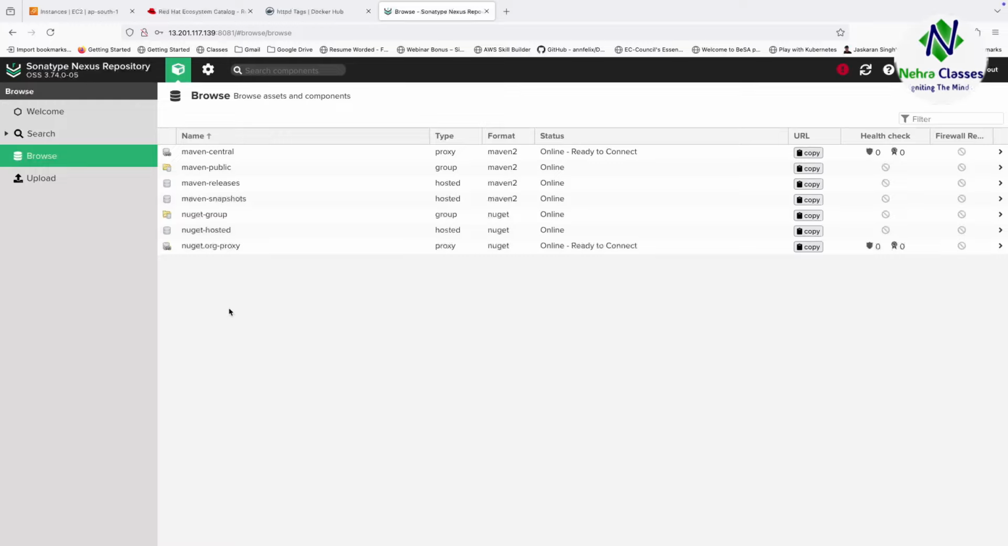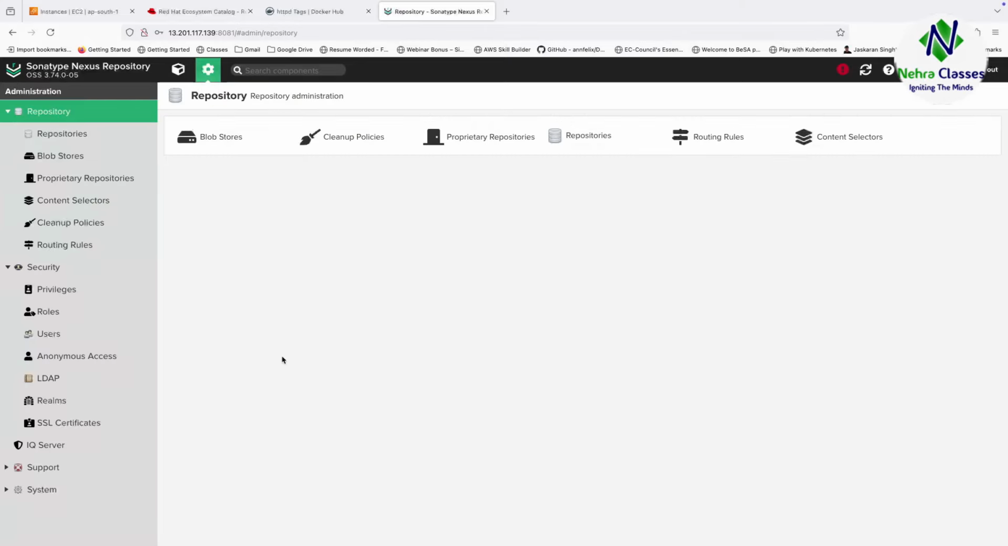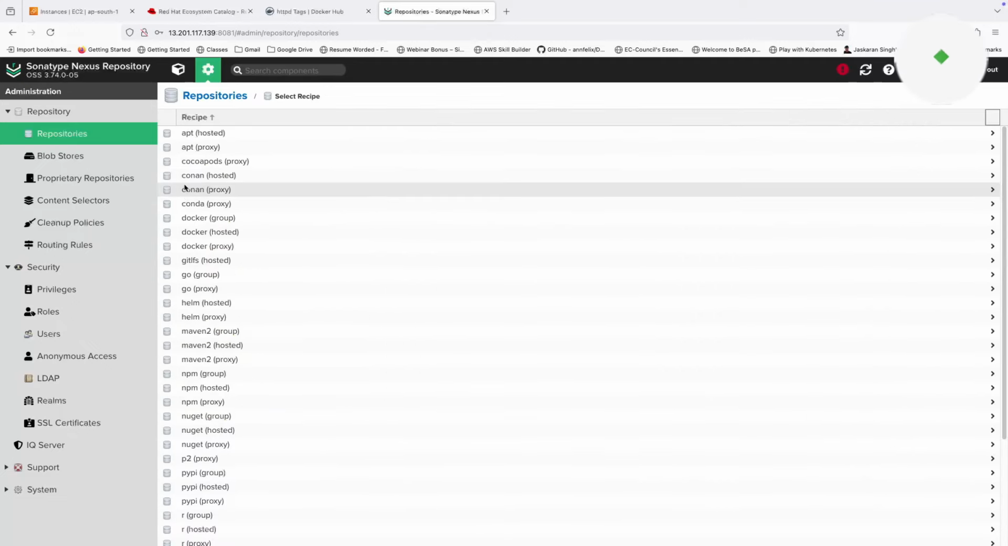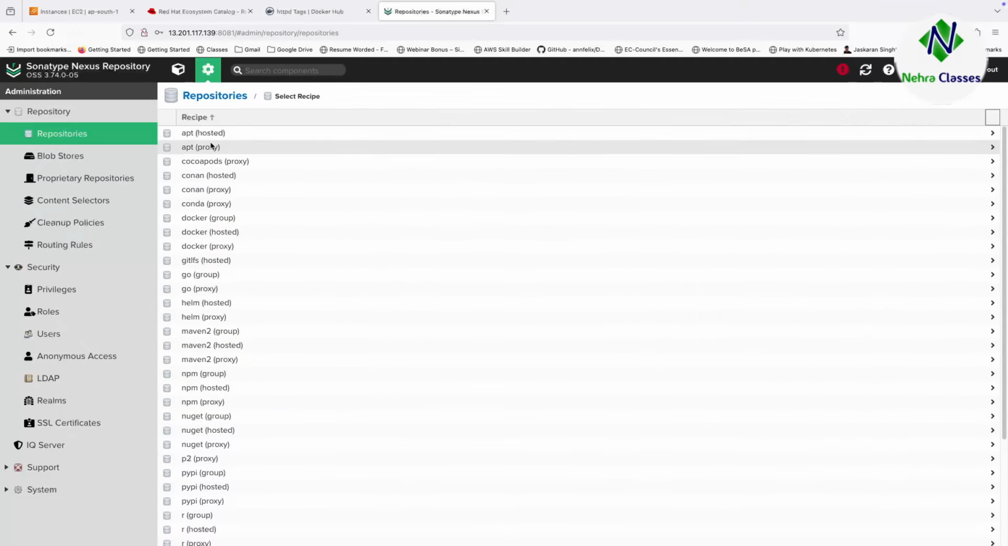When we learn Nexus, then we will understand each and every concept in detail. For now, our goal is only to push Docker images and pull Docker images from this repository. So first we have to create a repository, right? I told you a repository is like a folder. So I will click on repositories, create a repository,